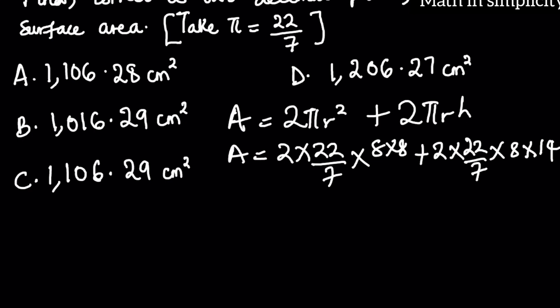Since nothing can divide, we just multiply everything. So if I multiply everything, that's 2 times 22 times 8 times 8 divided by 7, and add it to 2 times 22 times 8 times 14, or rather we can just simplify this. 7 into 14 will be 2, just to make it easier. So everything is going to give me, from what I have in my calculator now, which you can also confirm,